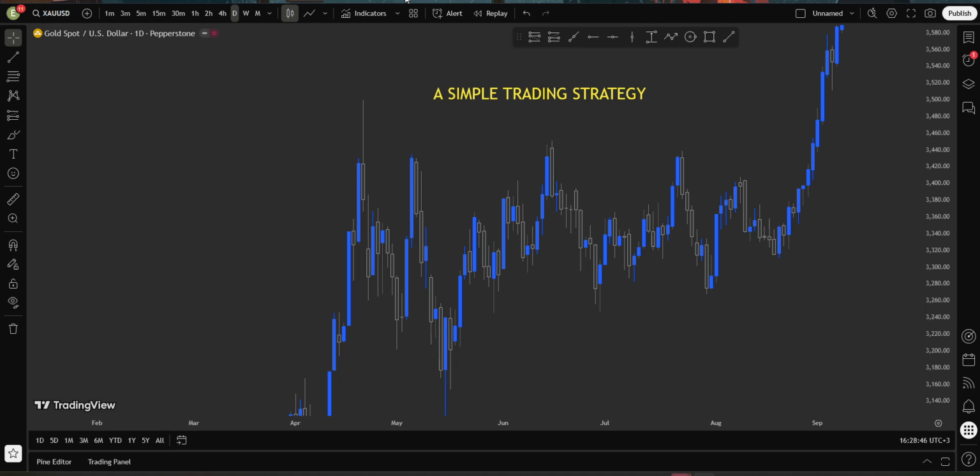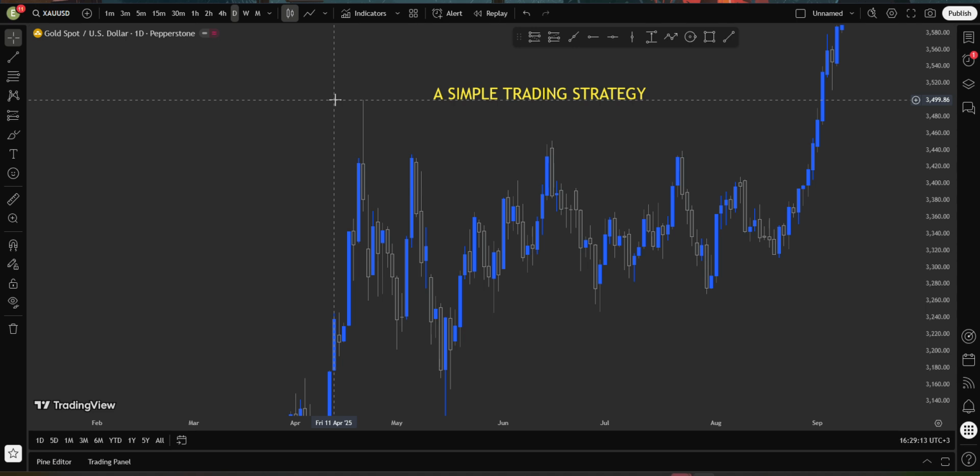This entry model appears anywhere. Depends on which kind of trader you are. There are scalpers, there are swing traders, there are day traders. So if you are a day trader, you'll go to 15 minutes for your entry, 5 minutes, but 1 minute is good, but you'll get a lot of